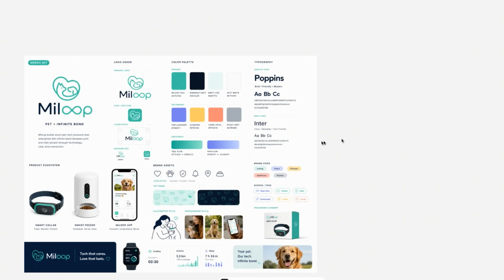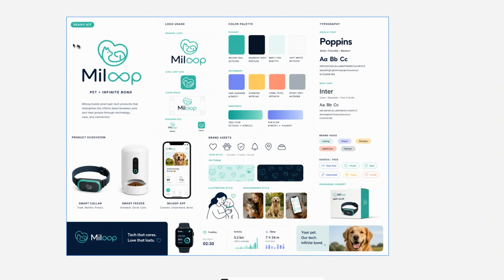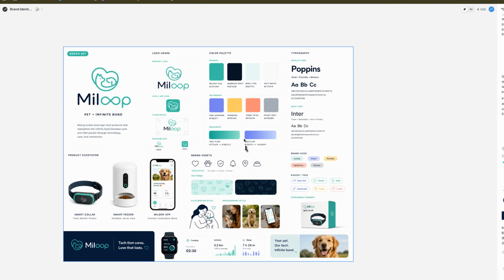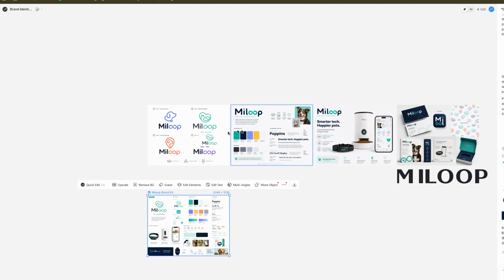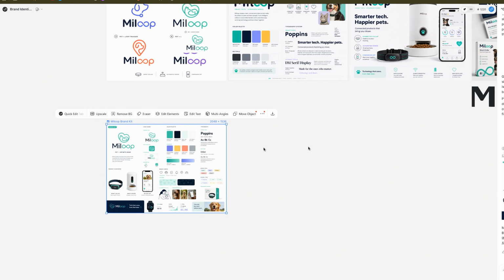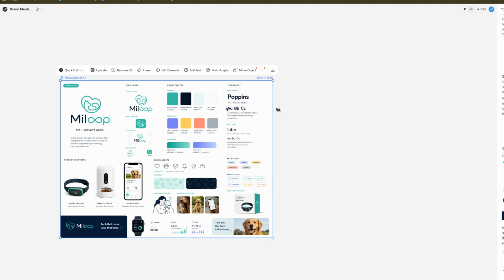Let me zoom in so you can see it better. Now you can see our logo is selected. The details that we have given to it are already on the brand kit, including color palettes, typography and all other stuff. If I had selected option number 1, I would need to create all the images and then one by one download them and then import them. But in the option number 2 that we have selected, I just need to import this brand kit over here and it will autofill all the details from it.